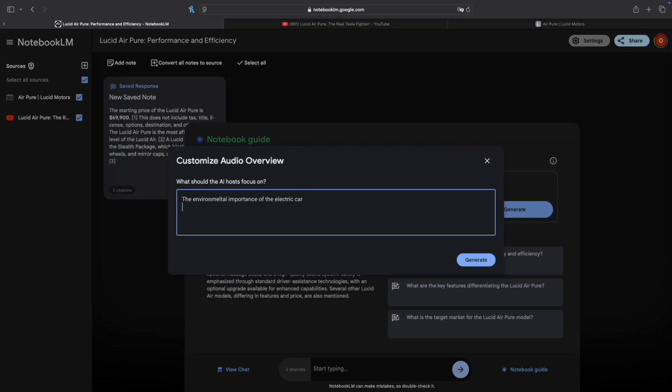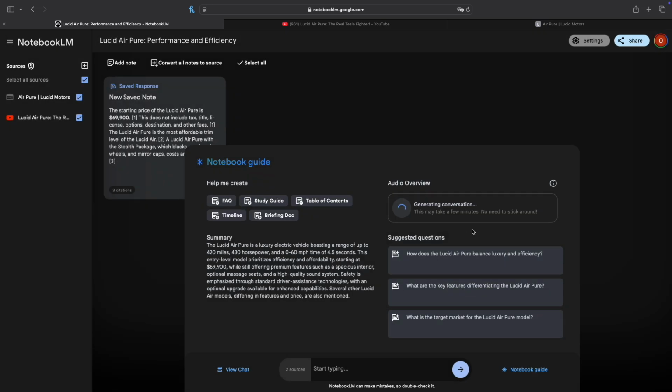You can also choose certain talking points. You can ask it to focus on speed and specs of the car, and that would impact what the audio generates. So let's generate something. Of course, it takes a few minutes. So let's go to some other